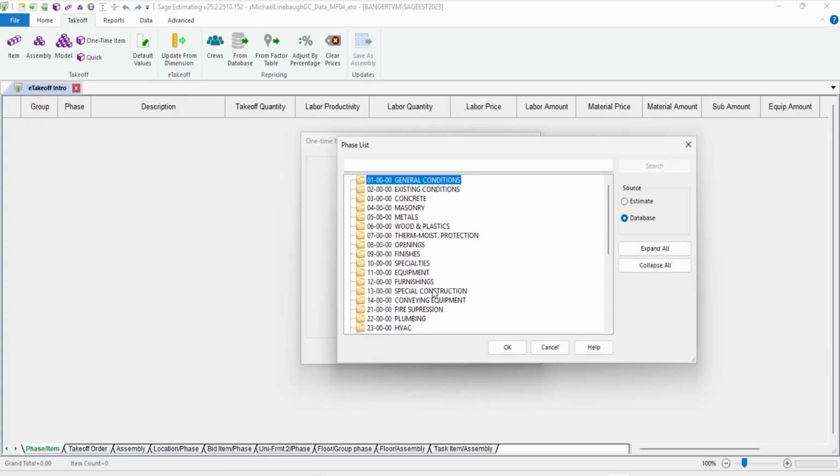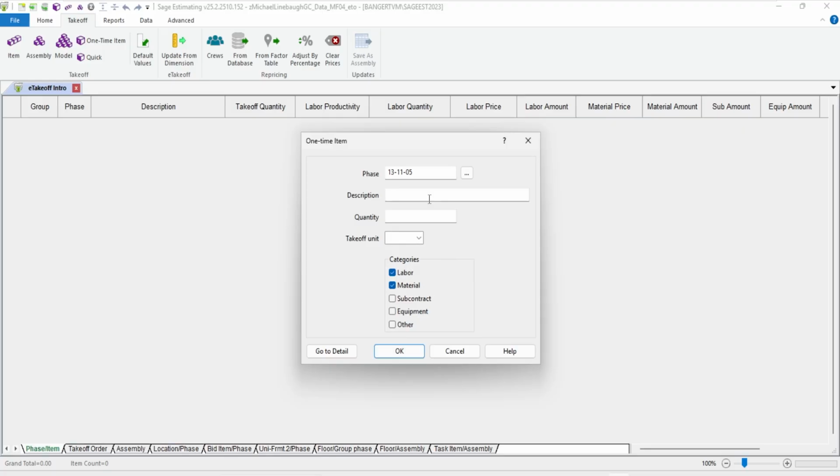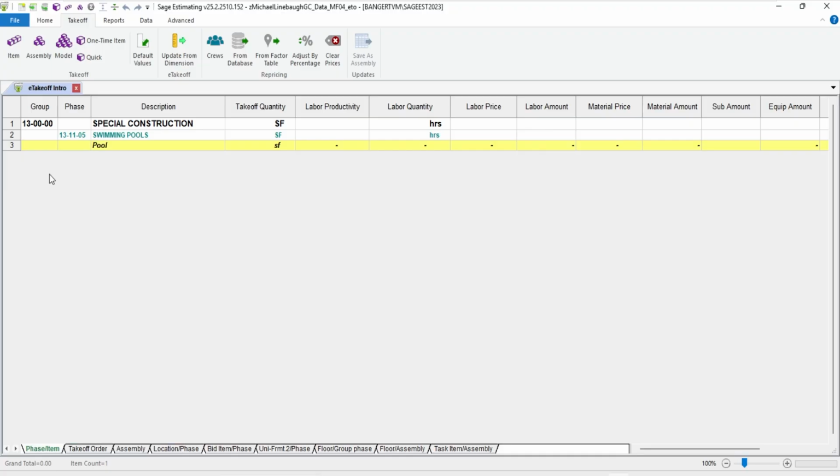I'm going to pick something to do with Division 13 here, and give it a real basic description. I want that to be square feet, and let's say, in my case, we're going to sub it. Let's do another one then.